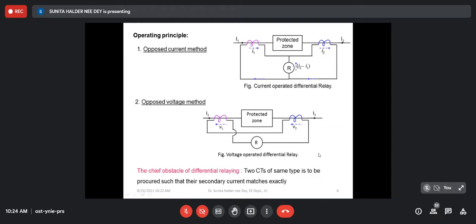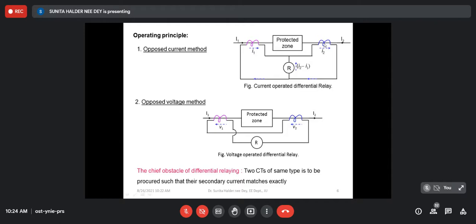But what is the main disadvantage of the differential relay? That the two CTs should be identical. Their characteristics should be identical. For every load current or line current, the CT current must be exactly proportional. So if there is any CT saturation or CT winding dissimilarity between these two, then I1 and I2 may be different under normal operating condition. Then what will happen? The relay will disconnect the healthy circuit, because it will operate at normal operating condition. So that should be prevented.